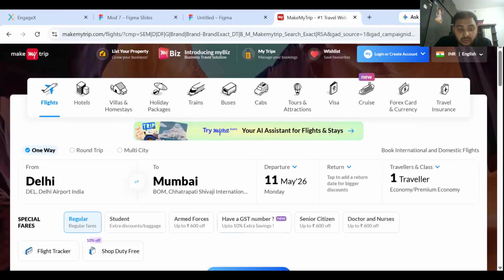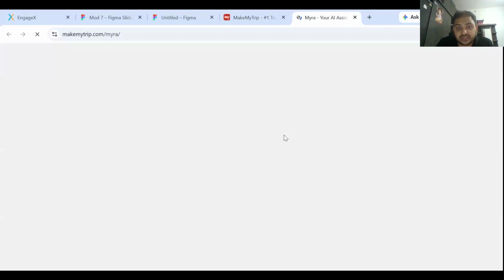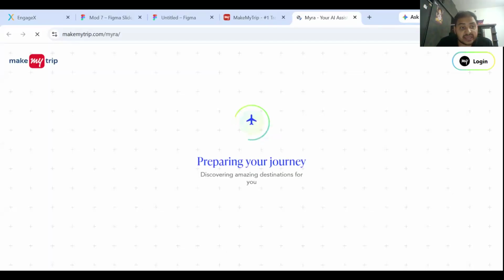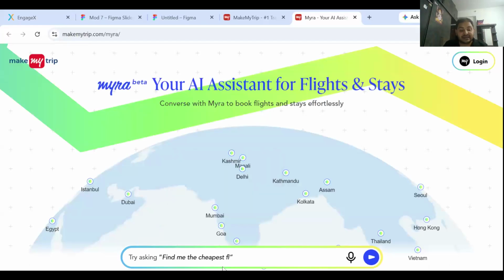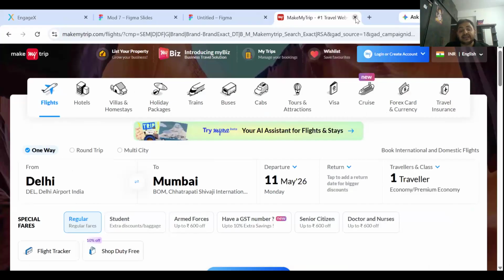Now what is here is, you see, try Myra, your AI assistant for flights and stay. If I go here, with login, it gives an experience. See, try asking, find the cheapest listing you can do. So basically it is giving an emerging trend experience into the conventional way. Earlier you could do it only the old way, but now